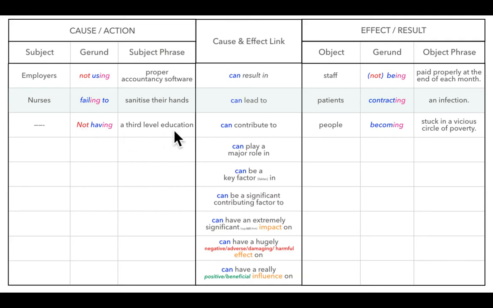Not having a third level education can contribute to people becoming stuck in a vicious circle of poverty. So if you have no education, you can't get a better job and you can't get out of poverty. But you can't get an education because you're poor. We call that a vicious circle. Sometimes you'll see it's also called a vicious cycle. Cycle or circle can both be used here. Next sentence: